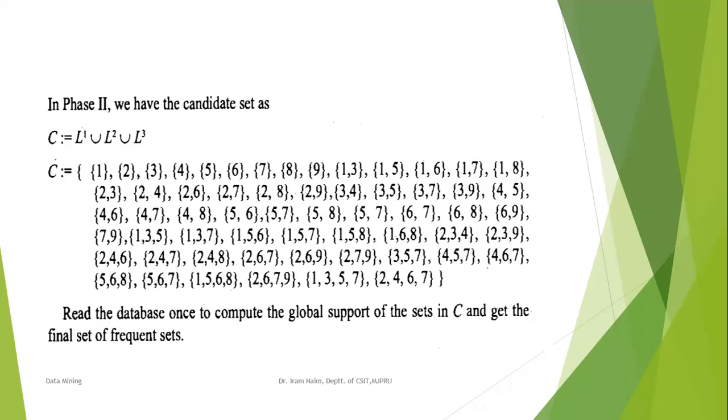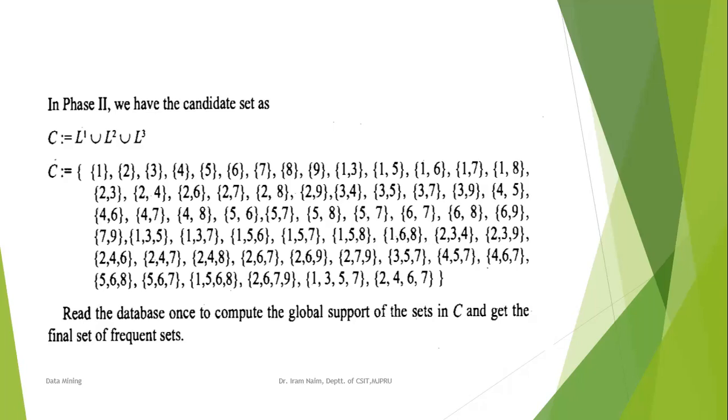After taking the union, now you have a list of the item sets. In this list, initially you have 1 item sets, then 2 item sets, then 3 item sets, then 4 item sets. Now you will go and scan the database one more time, and you need to find the global support. If you find any of the item sets which is infrequent, you just eliminate it and you need not consider that item set. Okay, otherwise consider it.